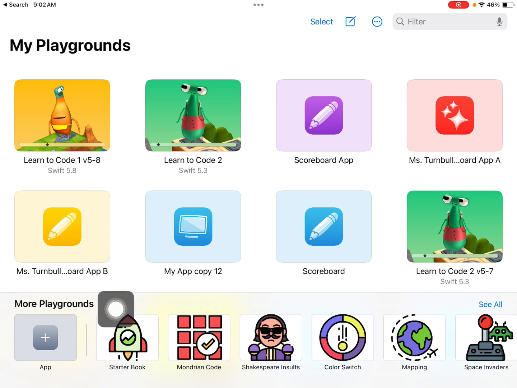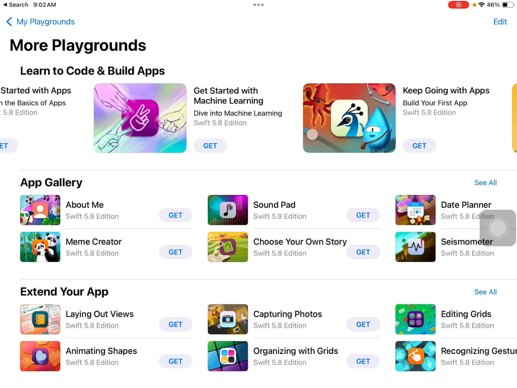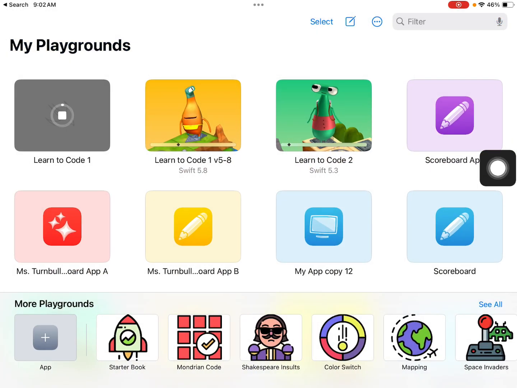To find this, look at the bottom in the More Playgrounds section, and over on the right side of the screen, tap on that See All link. Then you might need to swipe over. The Learn to Code 1 playground is right up in this top section. You're looking for the one with the yellow background, and it says Learn to Code 1. Tap on Get to install that in your Swift Playgrounds so that it is all ready to go and loaded